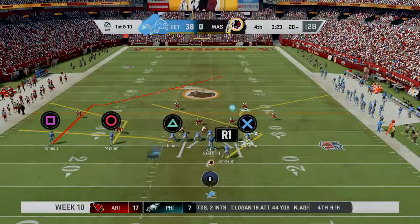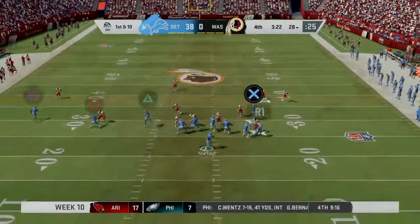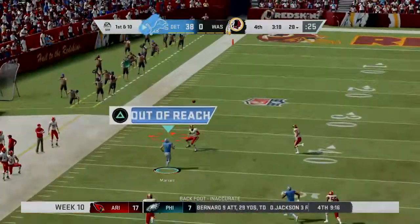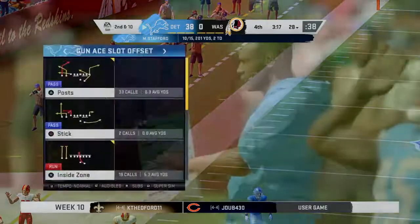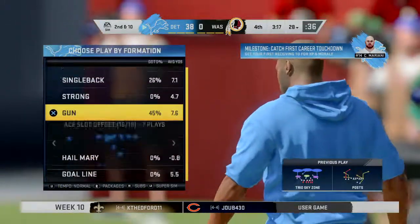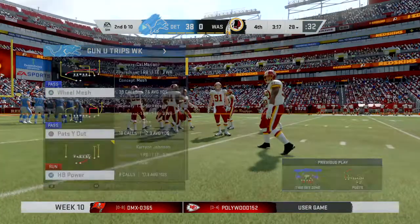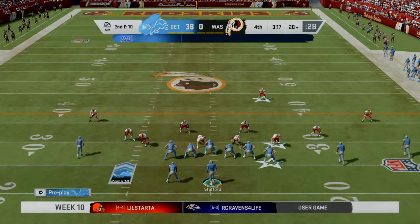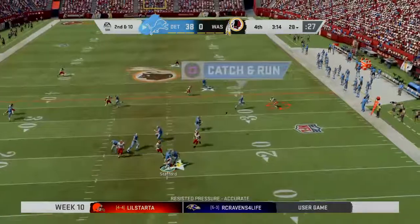Stafford and the Lions now have it 1st and 10 at their own 28-yard line. Out of the gun, Stafford. And now he'll turn, and off his back foot, he'll heave this deep. And that will be incomplete. Would have been a big hitter if they had connected. Instead, it's 2nd down. 4th quarter, you've got the big lead. If you're coaching, Charles, you still taking shots like that downfield? I'd be a little more concerned with running some clock and making sure you're taking...